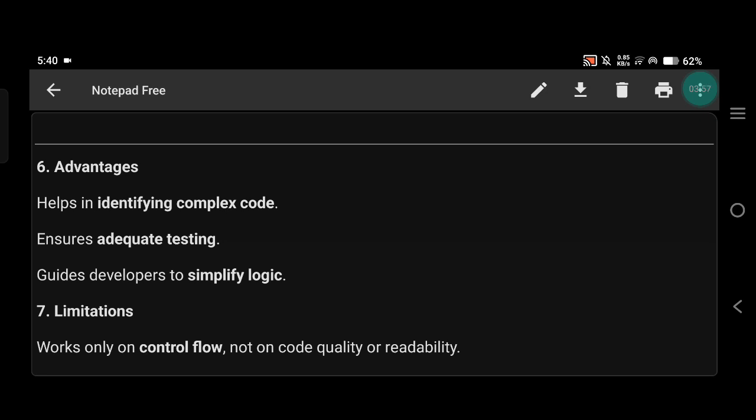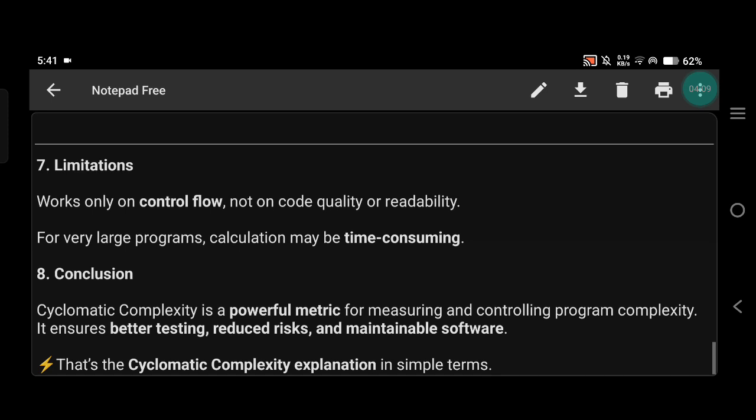Advantages: helps in identifying complex code, ensures adequate testing, guides developers to simplify logic. So here are the limitations: works only on control flow, not on code quality or readability. For very large programs, calculation may be time consuming. Okay, so